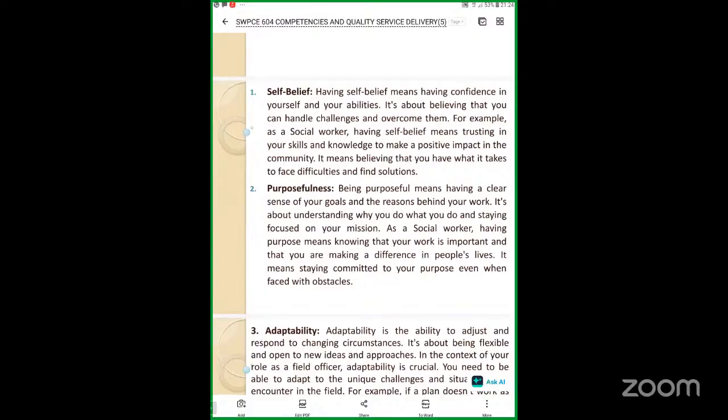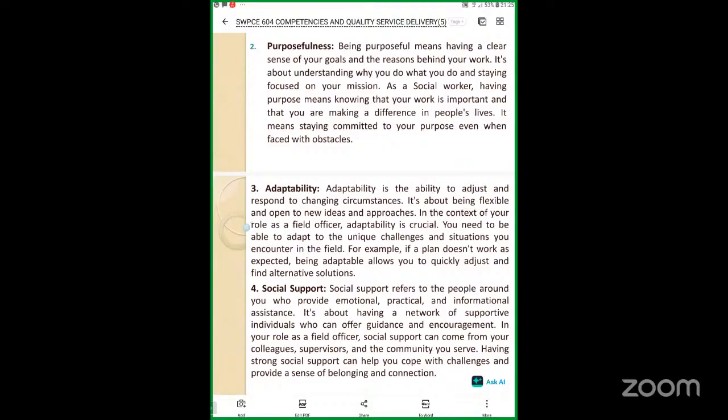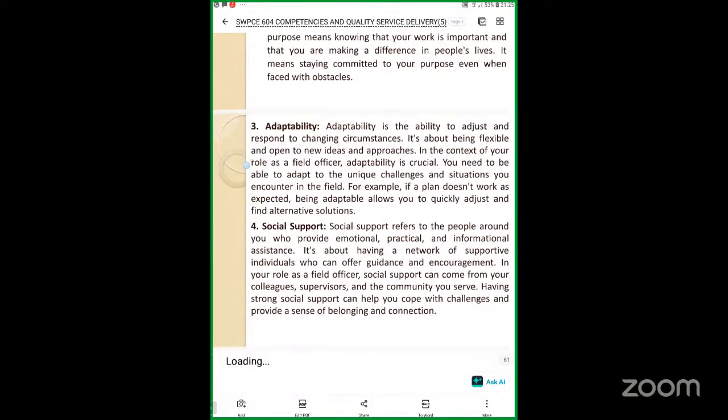Because you have a purpose, you have a goal, you have an objective to achieve. That is why you have committed resources into it, including time, money, and energy, because you believe that when you have that, you will achieve your particular goal or your specific objective. When you have that, it means that you are purposeful. And if you see people that are focused on their mission, those people, they have that resilience we are talking about. Adaptability,